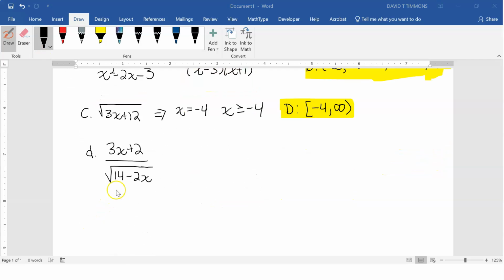Let's look at part D. This is a little bit trickier example, but I'll step through it. So notice we have a denominator, and the denominator has a square root. So we really need to keep in mind that we can have division by 0 and negative square roots. So let's look at them one at a time. For the division by 0,